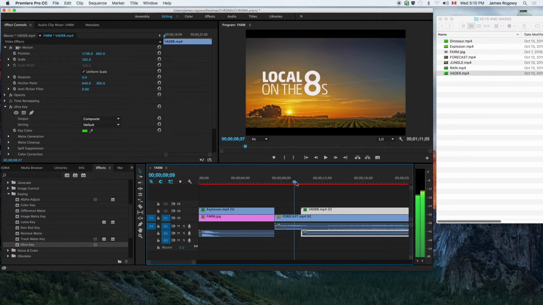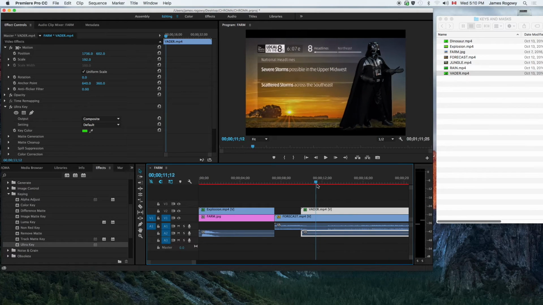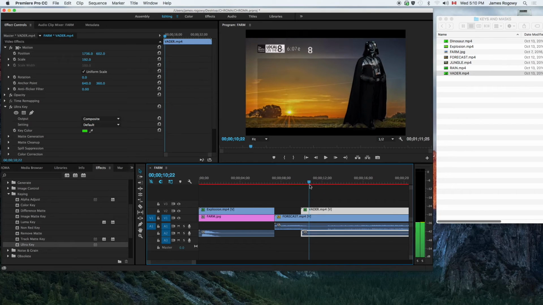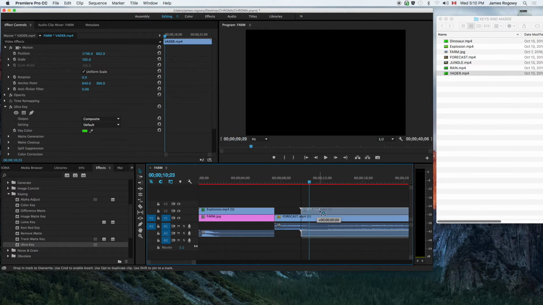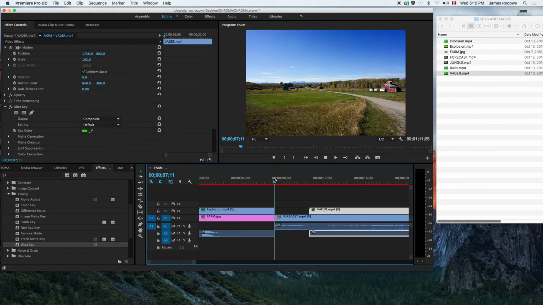Now, I want him to come in just as these first couple of information pieces come in. So right here, right there, I'm going to move the Vader start to that point. Now, if we play that back,